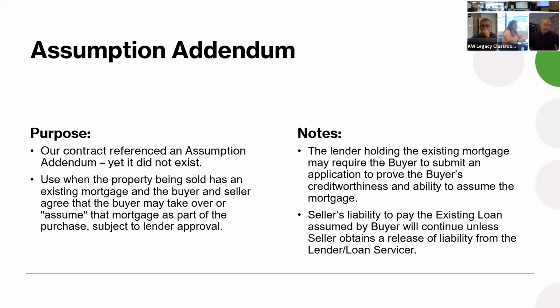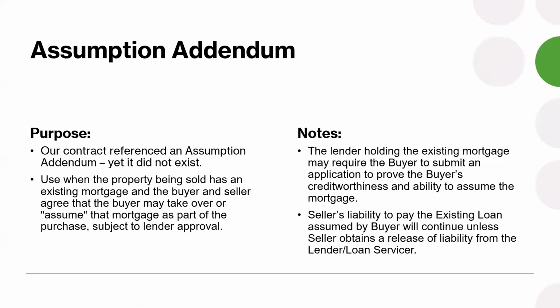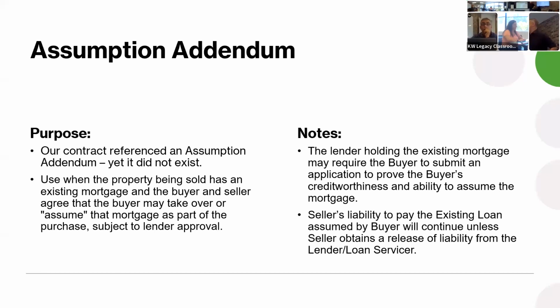Okay. This next one stresses me out a little bit. This is again an addendum that was referenced in the contract but didn't exist before. So we're like, okay, we referenced it before, let's have MAR go ahead and give it to us. This is an awesome concept, but a really complicated execution, right?